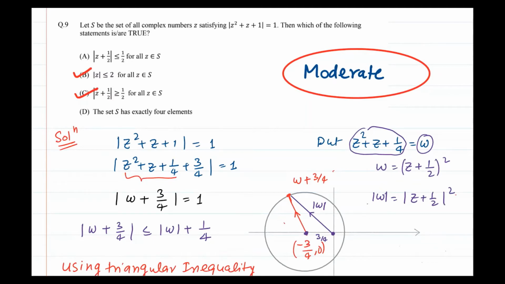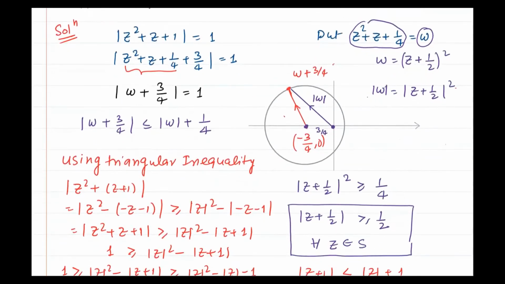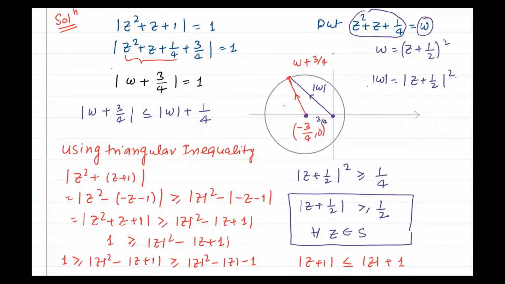And now I have assumed z square plus z plus 1 by 4 equal to omega. So we get omega equal to z plus 1 by 2 whole square, and modulus omega equal to modulus of z plus 1 by 2 whole square. Right. So this represents a circle with center minus 3 by 4 and radius 1. So center is minus 3 by 4 and the radius of circle is 1. Then we have to use triangular inequality, and modulus of omega plus 3 by 4 is less than equal to modulus of omega plus 1 by 4, and